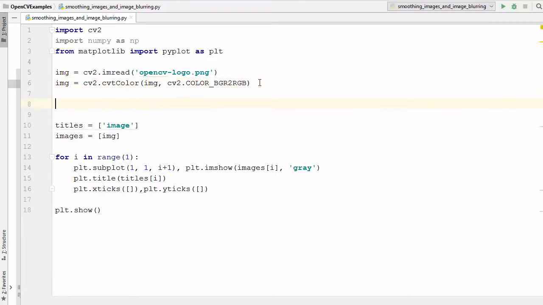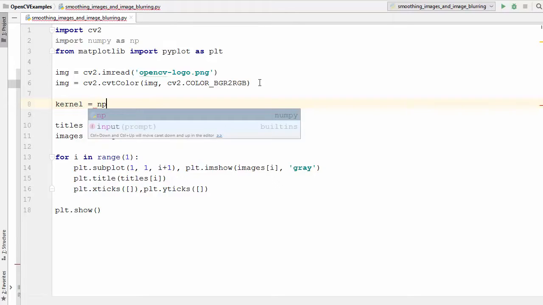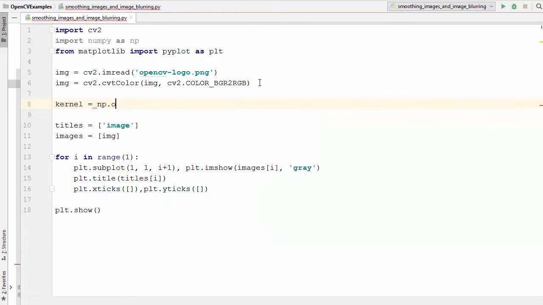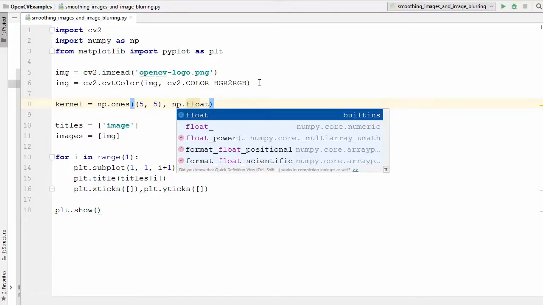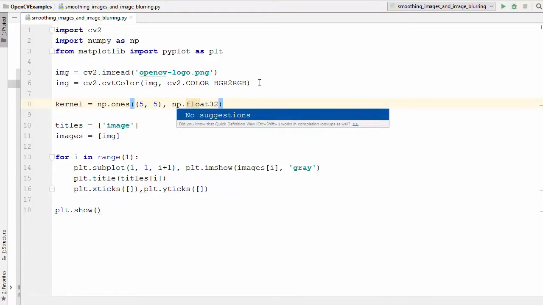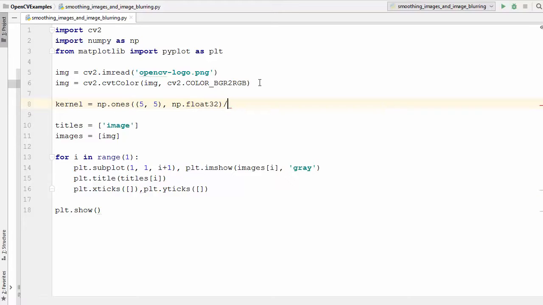So let's define our kernel. I'm going to say kernel is equal to np.ones, and then we are going to take the kernel of 5 by 5. So we are going to define this kernel as 5 comma 5 of ones. I'm going to say np.float32 here, and then we are going to divide this kernel